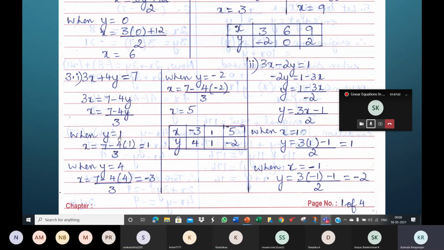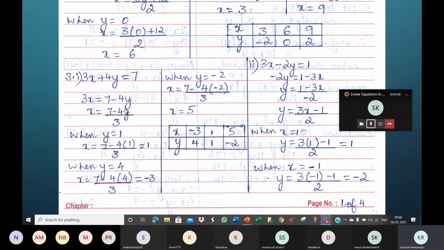Now after y is 1, don't try y is 2. Don't try y is 3. That will not work. See, we are assuming for y, children, not for x. We are finding for x. We are assuming for y. I am talking about this y. For that first value of y, we have to use trial and error until we hit that first value correctly. So when y is 1, x is 1. After this, it is easy. You have to keep trying to identify that first number. Once you hit that first number, the others are easy.